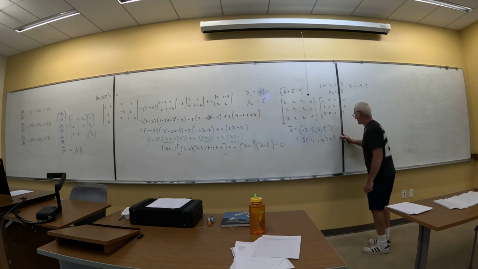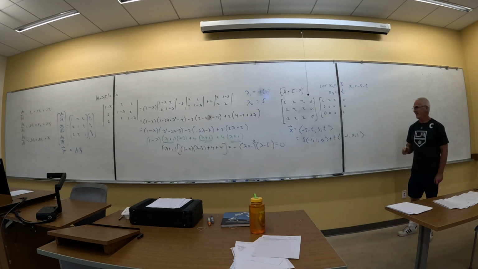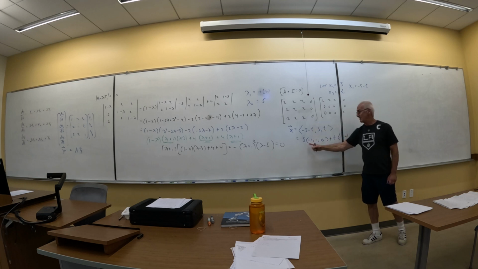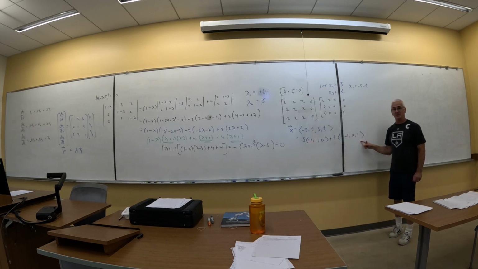What would the next one be? Oh. You remember doing that step? So if I distribute and I add them back up again, I'll get to this. So I have a linear combination of these 2 vectors